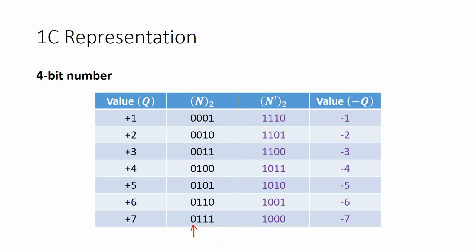These are nothing but the sign magnitude representations. So what is the quantity, you can easily find out. When you do the complement of these numbers, whatever number you find out is giving us the 1's complement representation of the corresponding negative value. So you can see that from this table.